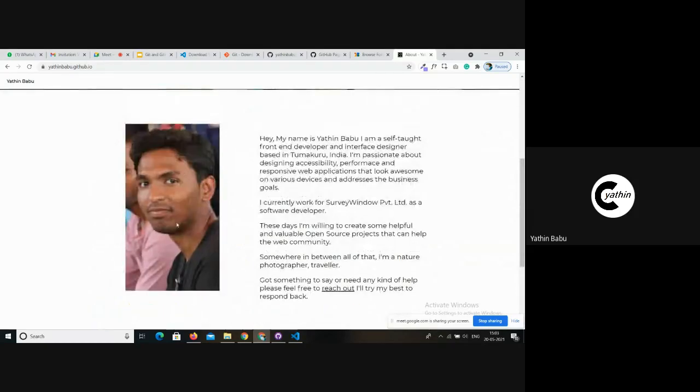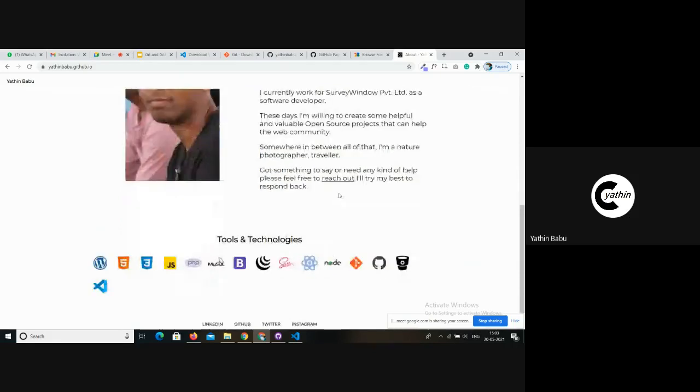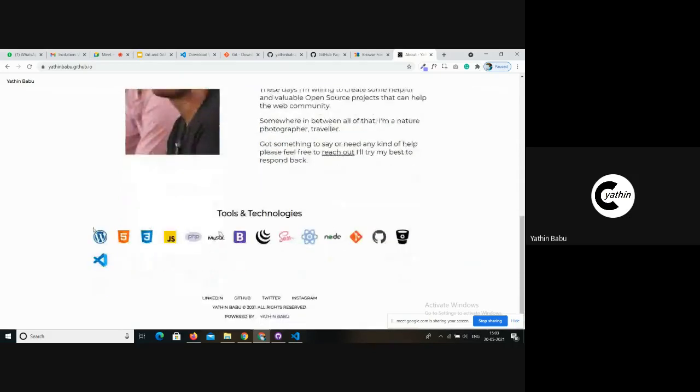You will be replacing this image with your image, and changing this text to the relevant introduction that you have. These are the tools and technologies that I'm familiar with, and you can edit the icons. I will let you know how to do all these things in a few moments. Let's get started building a website.